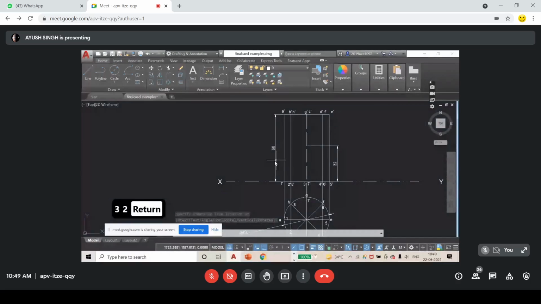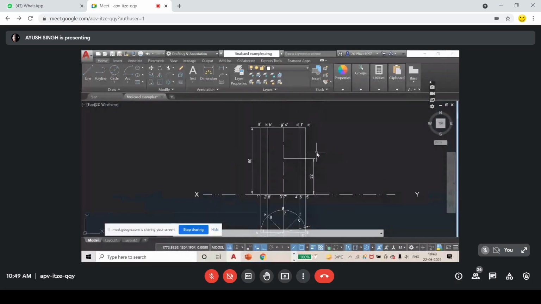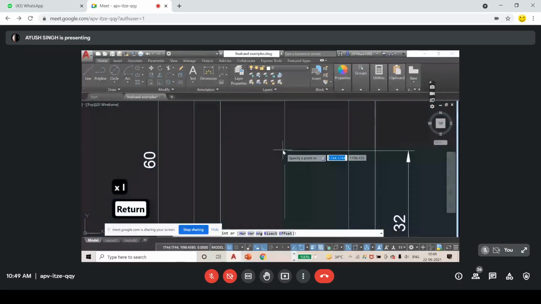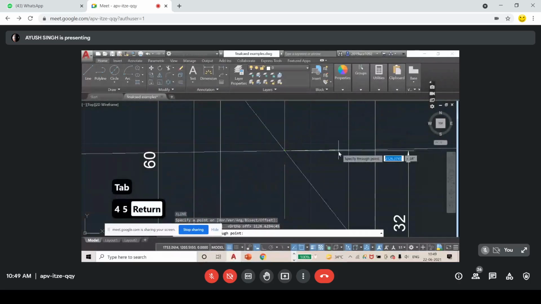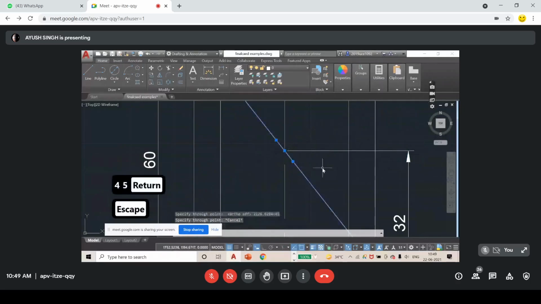Now you create the axis. For axis, I am using XLINE. I am specifying this point. Just note this node. Now turn off the ortho and press tab for an angle of 45 degrees. You can create it like this also, there is no restriction.